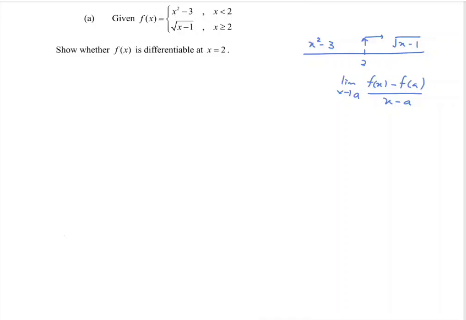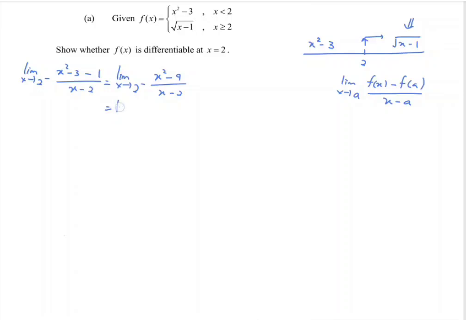Kindly focus on the left hand side. Limit as x approaches 2 from the left, for the function f(x), we have x squared minus 3 minus f(2). Substituting into this part, 2 minus 1, we have 1, over x minus 2. So based on the situation, the limit as x approaches 2 from the left, we have x squared minus 4 over x minus 2. If we substitute, we will have an indeterminate form, so for this case, my strategy will